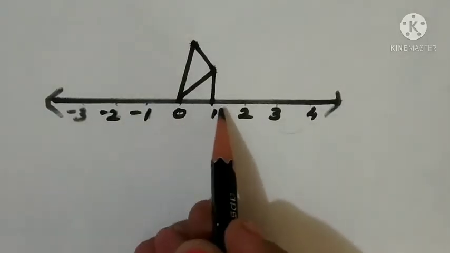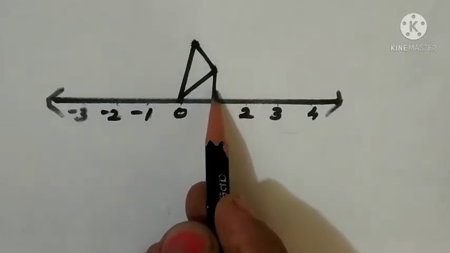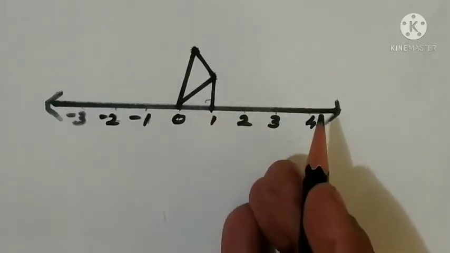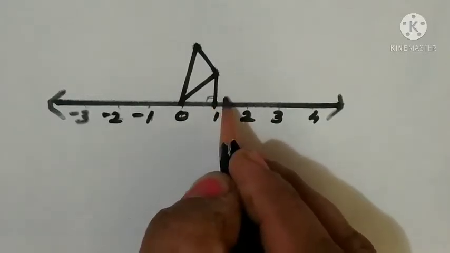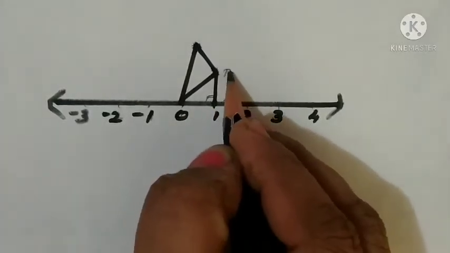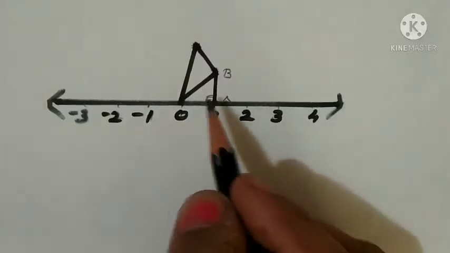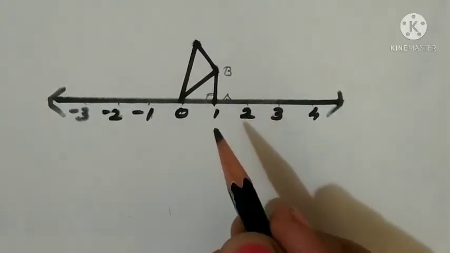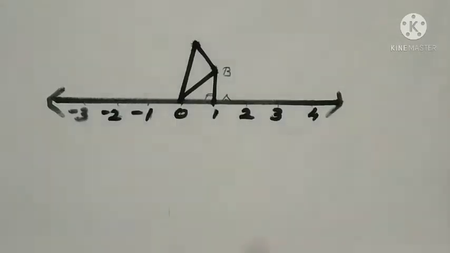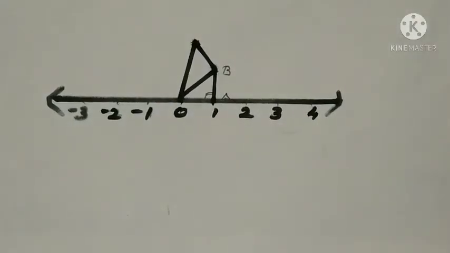Here 1 centimeter distance we should take and the perpendicular is to be drawn. Right, so here 90 degrees should be marked. So O, this point is A, B. So AB equal to 1 centimeter only. Now OB is joined, that is equal to the hypotenuse. Hypotenuse is equal to 1 plus 1, that is root 2 only we will get.